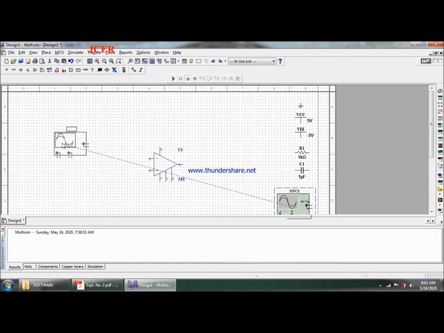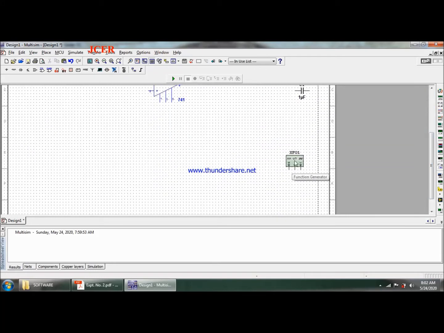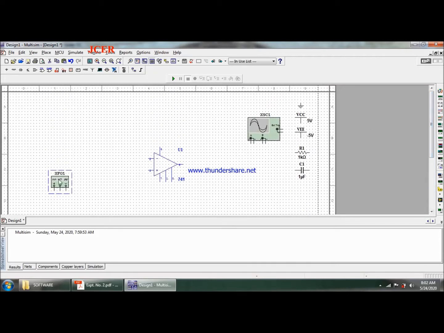I'll just arrange the components as per my requirements. This is my oscilloscope, so the output terminal should be here at the output terminal. A function generator will go onto my input side. Next, the negative terminal VEE will come over here and VCC will come onto this terminal.